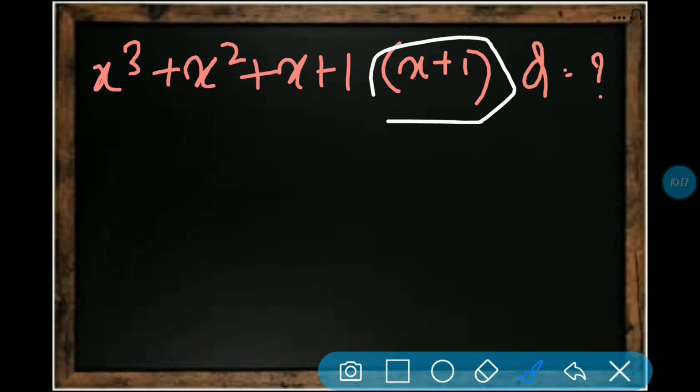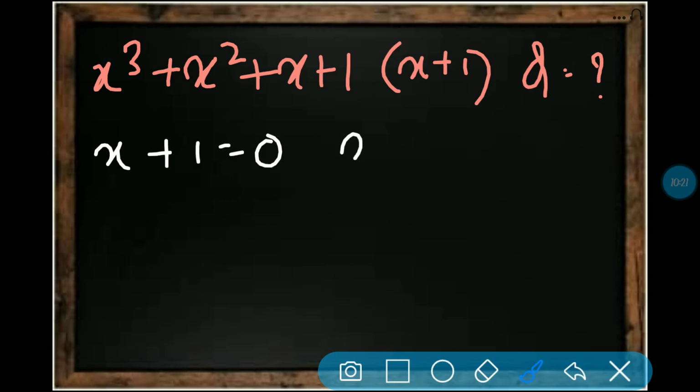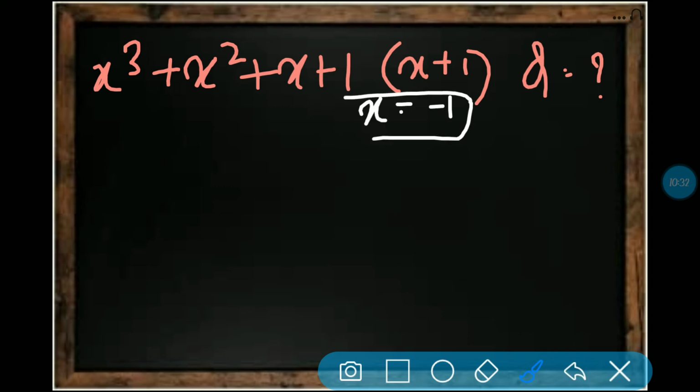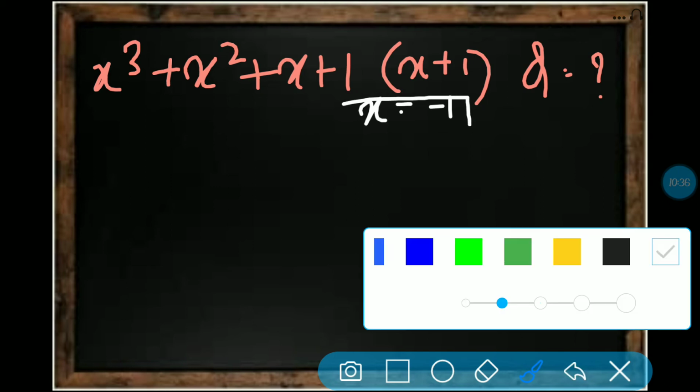So normally this will be our g of x, right? Then x plus 1 is equal to 0. So x is equal to minus 1 as plus 1 goes to RHS. So just directly I'm writing, I'm just undoing this. Okay. So x is equal to minus 1 because I don't have a space.